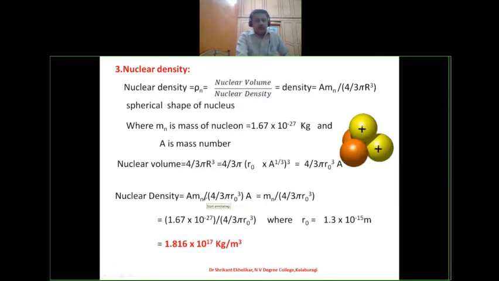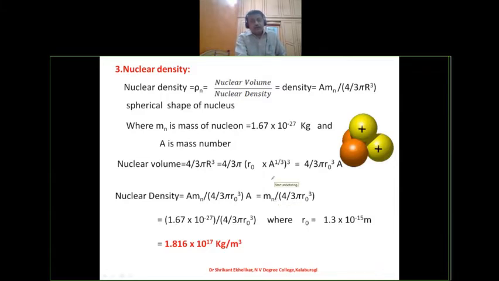A is the total number of protons plus neutrons. Mn is the average mass of a nucleon. Therefore, A in the denominator and A in the numerator get cancelled. So it is Mn divided by 4 by 3 pi r naught cube. You look at this expression very carefully. Nuclear density is equal to Mn, the average mass of a nucleon, that is 1.67 into 10